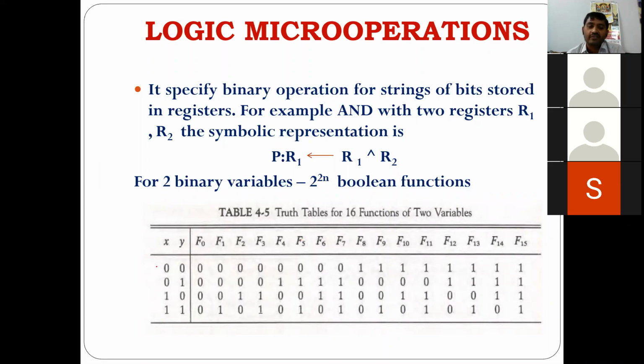This is somewhat different from our regular counting. With two binary variables, the possible combinations are 4, but here the possible Boolean functions will be given as 2 to the power of 2^n, which means that if I take n is equal to 2, then it will be 2 into 2, 4, which will be written as 2 to the power of 4, which is 16. So here I'm taking those functions as f0 to f15, randomly any functions, and you don't bother to remember all these.